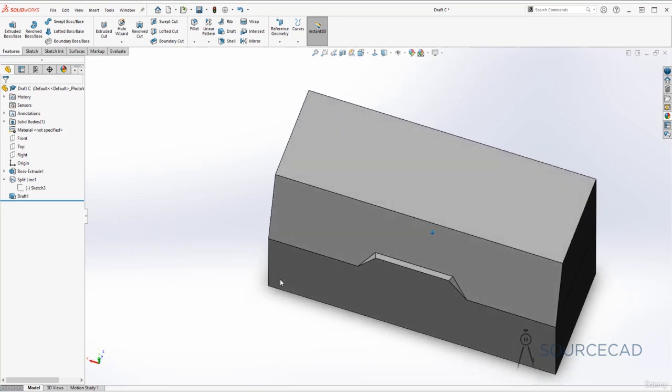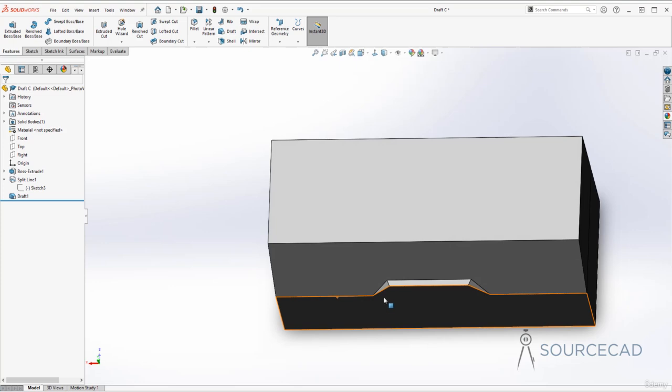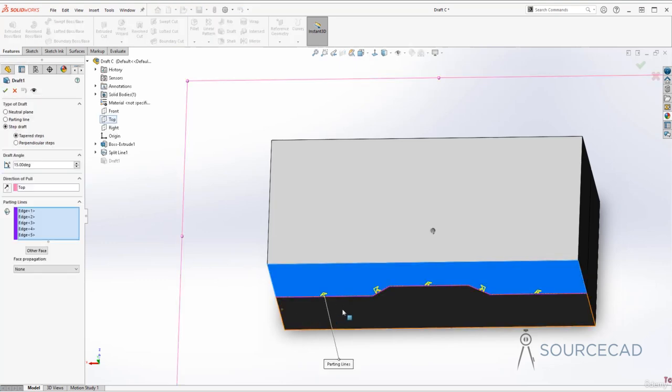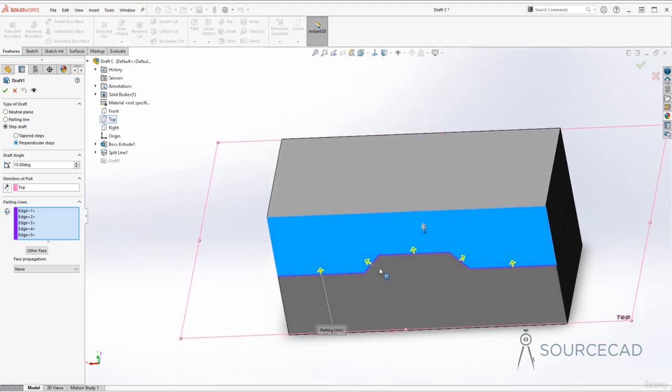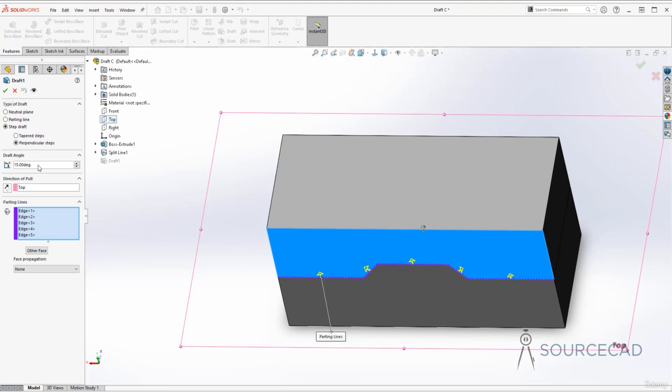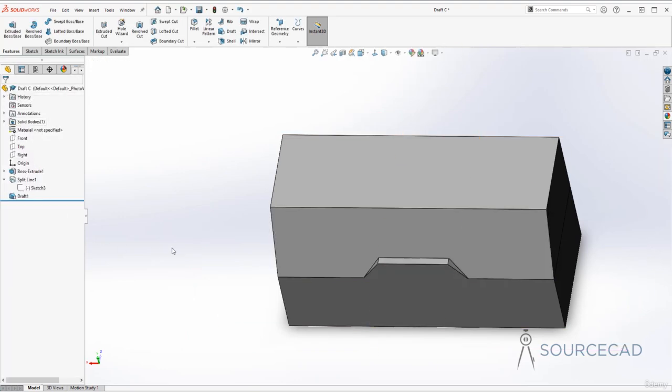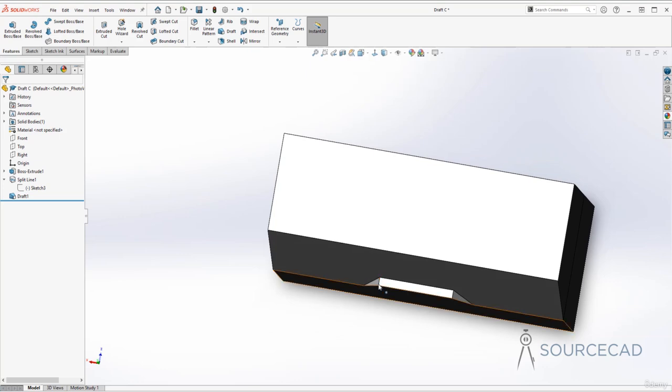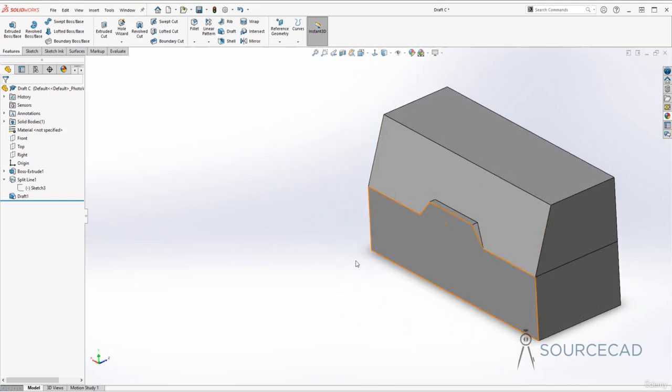Now there is one more thing that we can control here. If you look at it from the top, just look at this feature. Now this feature is created as per the draft which is added. Now I'll go to draft, edit feature, and here if you want to make sure that this feature remains perpendicular, you can select this perpendicular steps. Now this will ensure that right at these points it remains perpendicular. So with that, I'll just click OK, and maybe before clicking OK, let's use a bigger number here, so 20 degrees, and click OK now. All right, and now with that, you can see that this is perfectly perpendicular. So instead of that tapering here, now at these steps, we have perpendicular lines, and